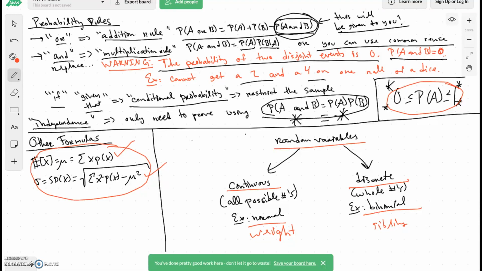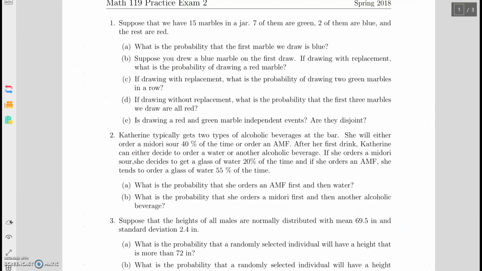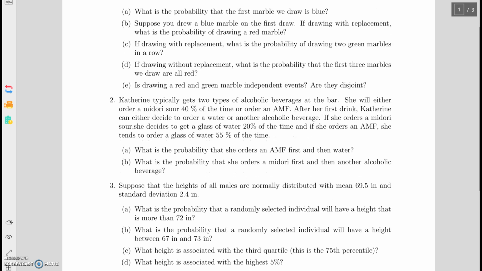Okay, and then what I want to do now, I just want to start you off on one particular problem. So I'm going to go to the practice exam, and I'm going to start on number 2. I'm going to start you off because that one can be a little bit difficult if you don't really know what you're doing. So basically what this says is that Catherine typically gets 2 types of alcoholic beverages at